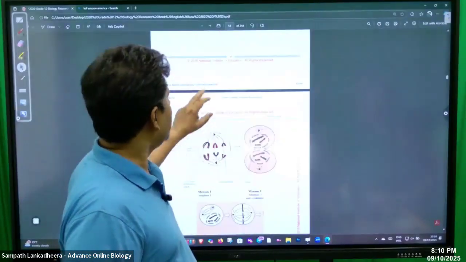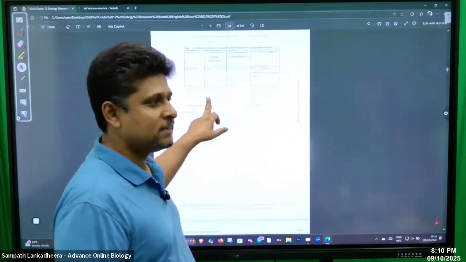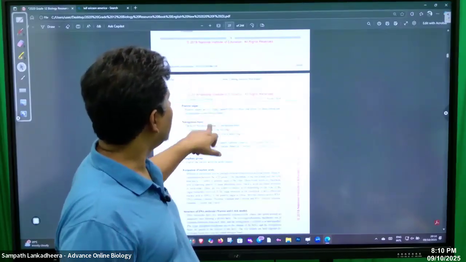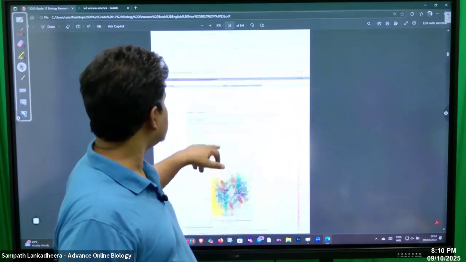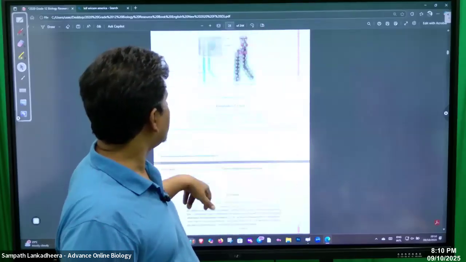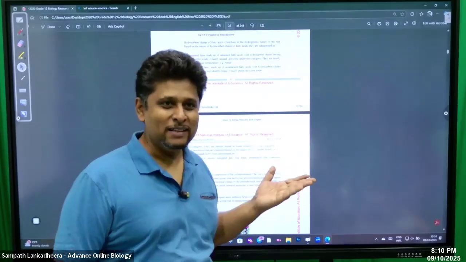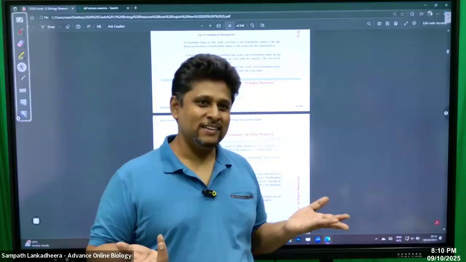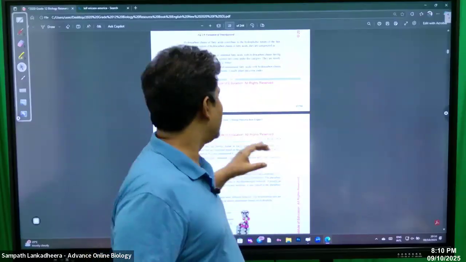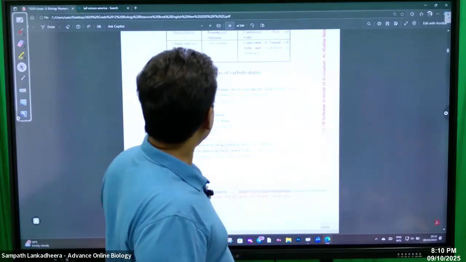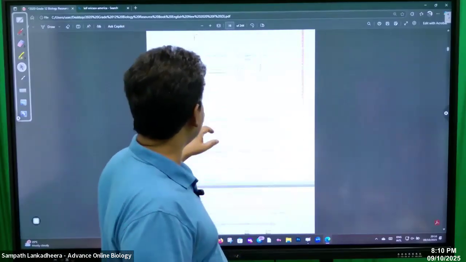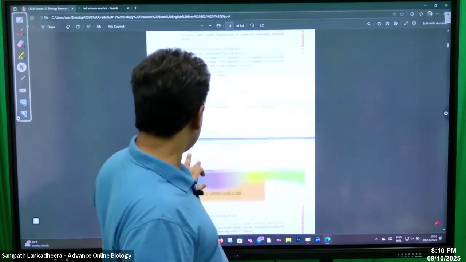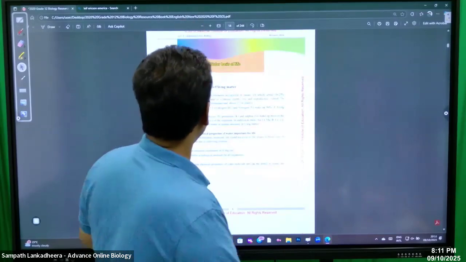The chemical basis of life lesson, we did a long time ago. Today my plan is to discuss elements, then carbohydrates, and then we have to discuss lipids. Then proteins and nucleic acids we'll take in the next class. So likewise, we'll go through rapid revision.